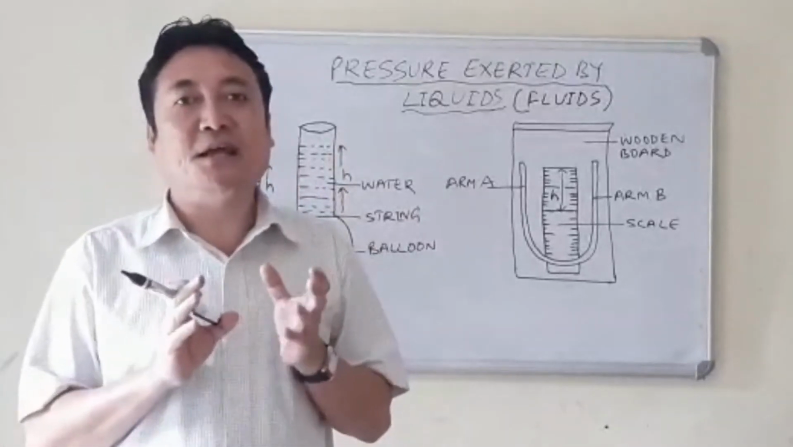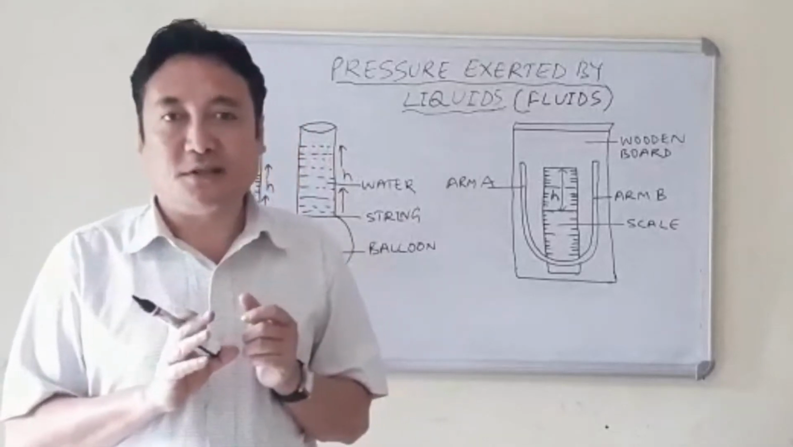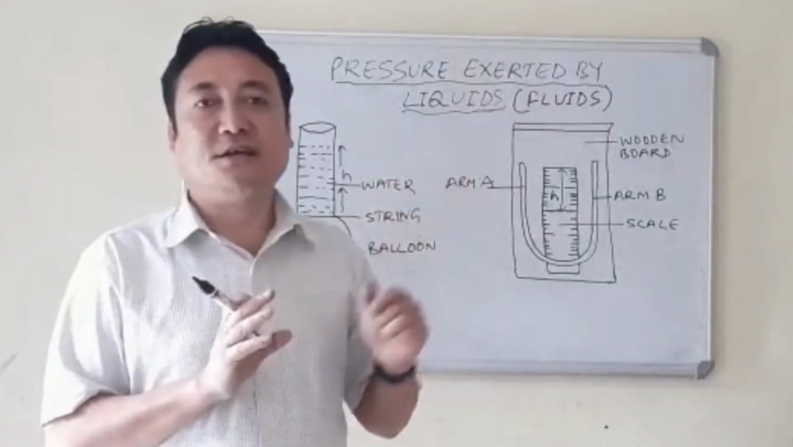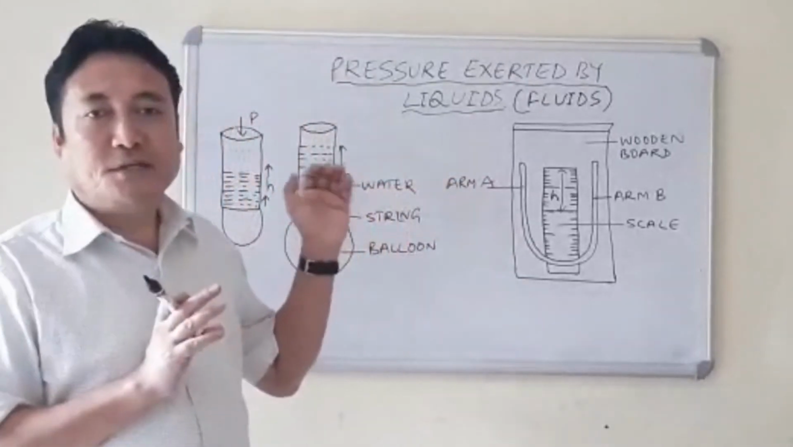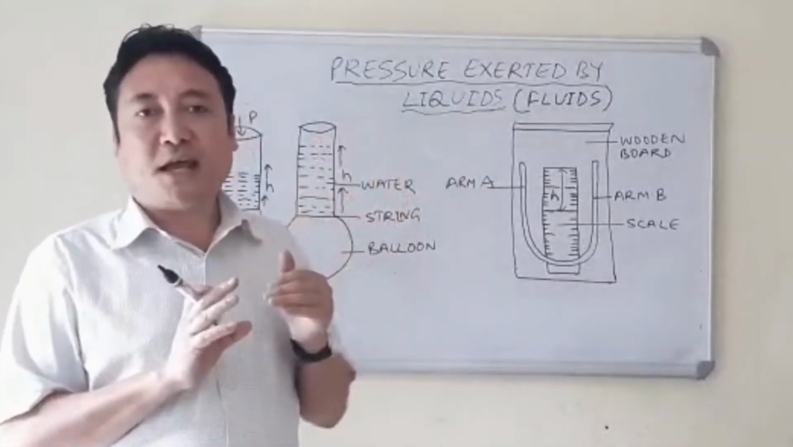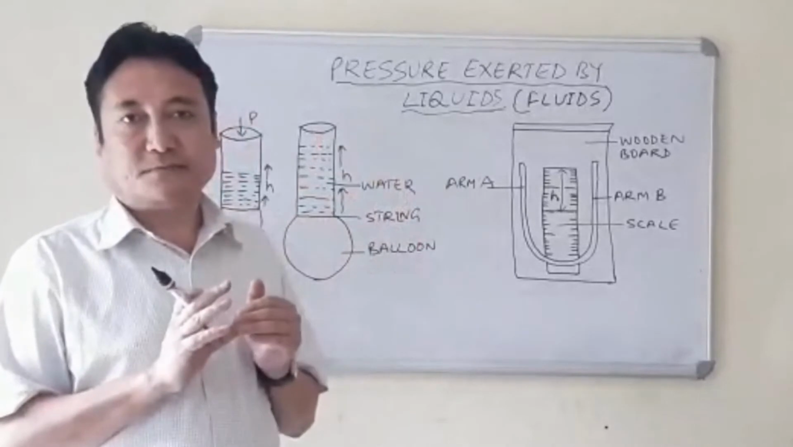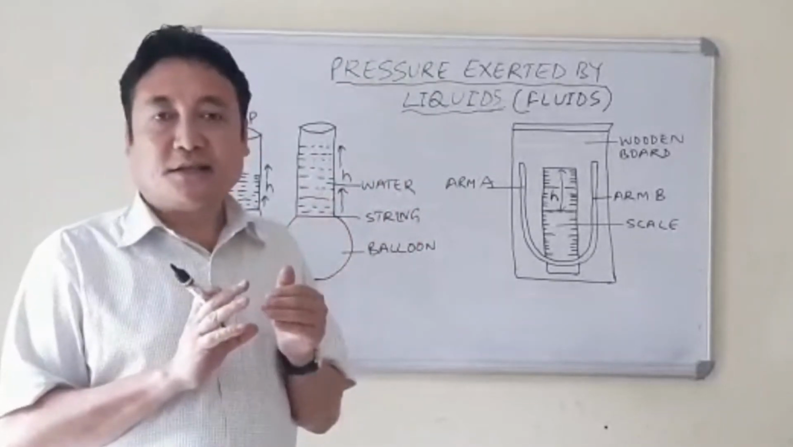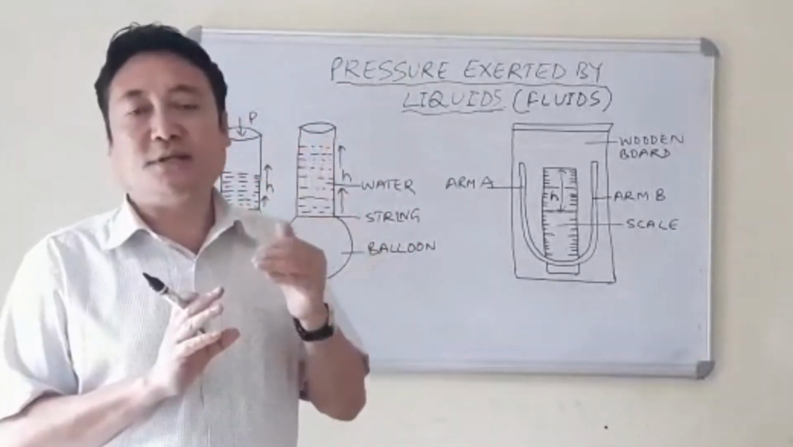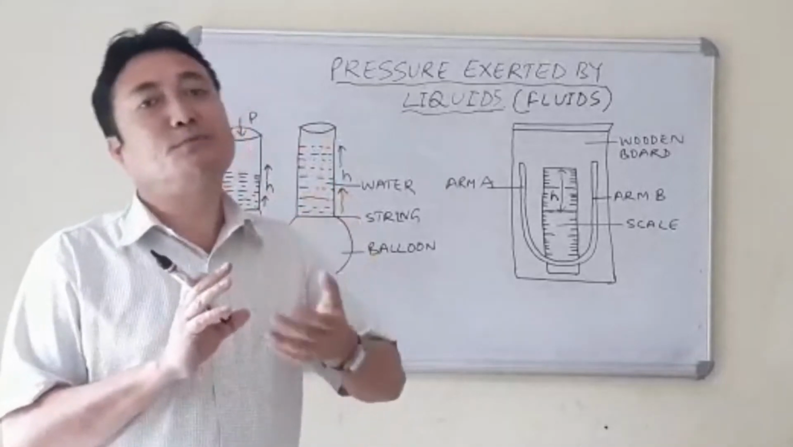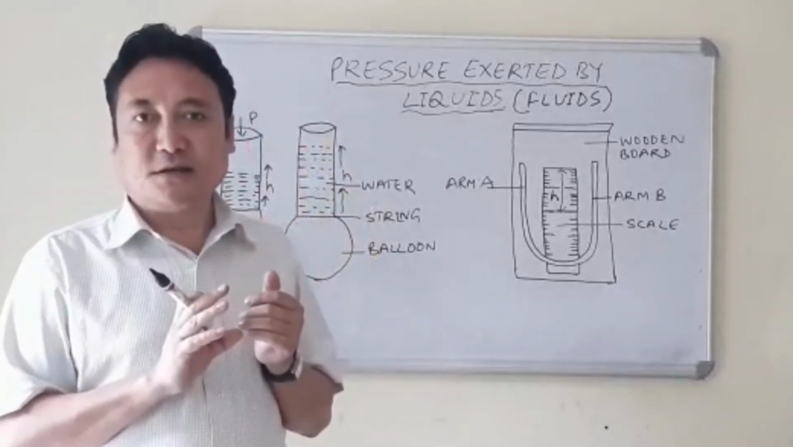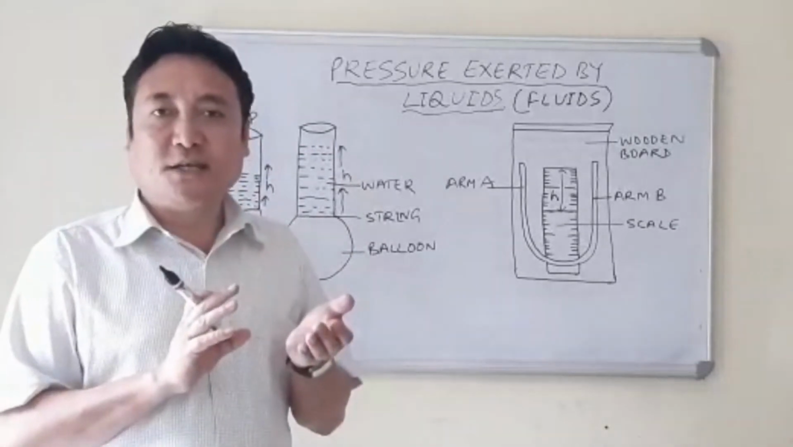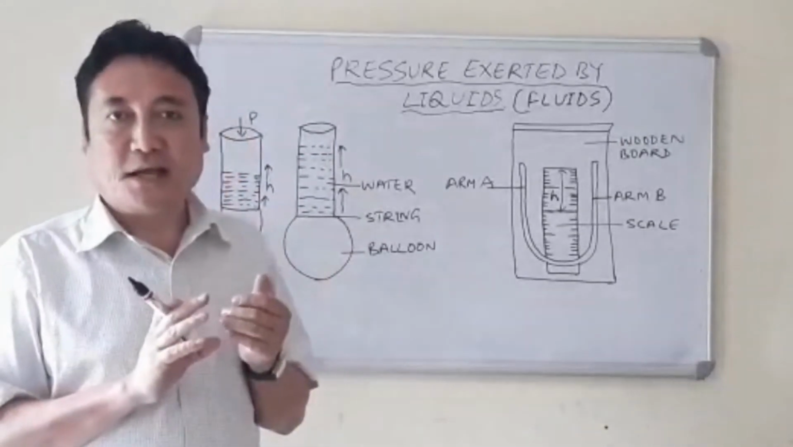So that means they will exert pressure in all directions, especially liquids and gases. Now this liquid will exert pressure depending upon the height. Greater the height of the liquid, greater will be the pressure. More the height of the liquid, more will be the pressure. Lesser the height of the liquid, lesser will be the pressure. And the